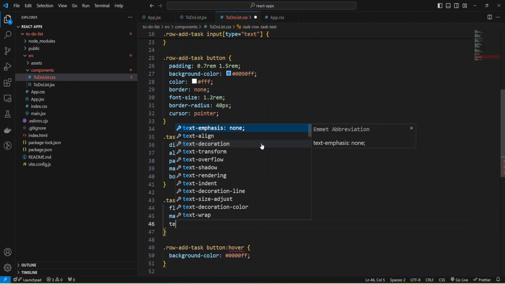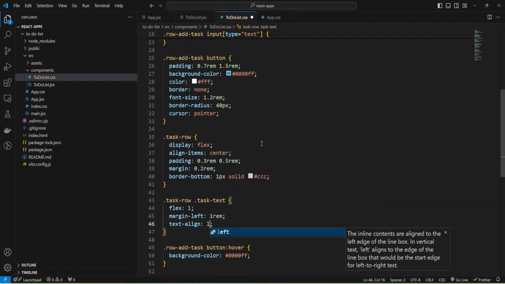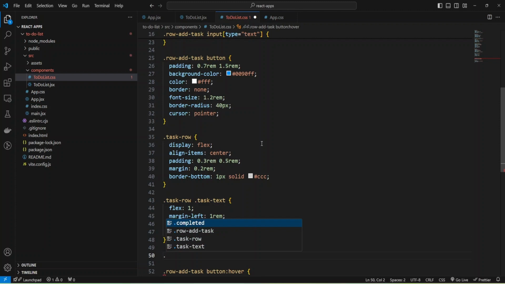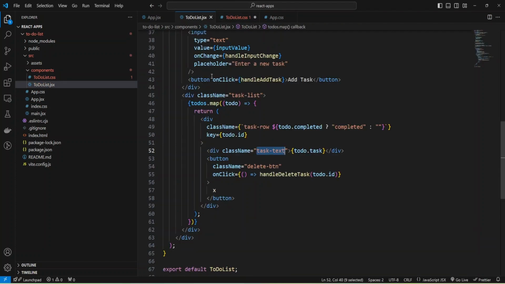And I can make text align by left, and increase font size 1.3 rem.